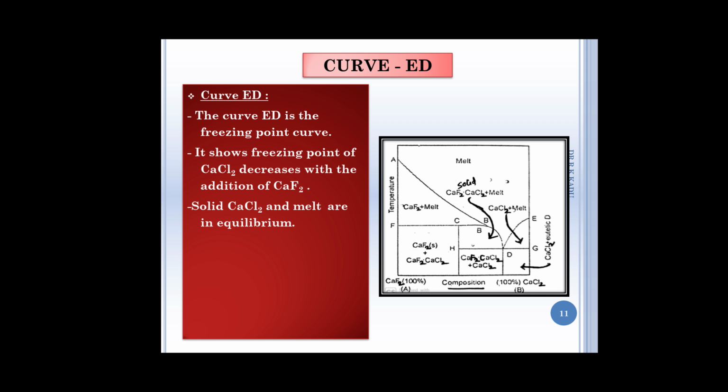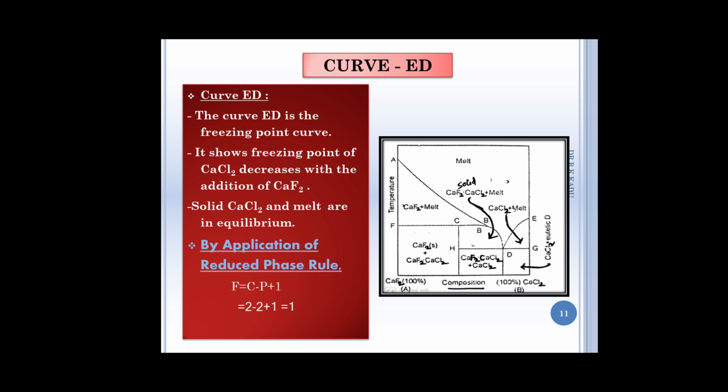The solid CaCl2 and melt are in equilibrium. Now, application of the reduced phase rule. Here, F is equal to C minus P plus 1, that is equal to 2 minus 2 plus 1, as here the number of components are 2, that is CaF2 and CaCl2. Number of phases are again 2, that is solid and liquid,